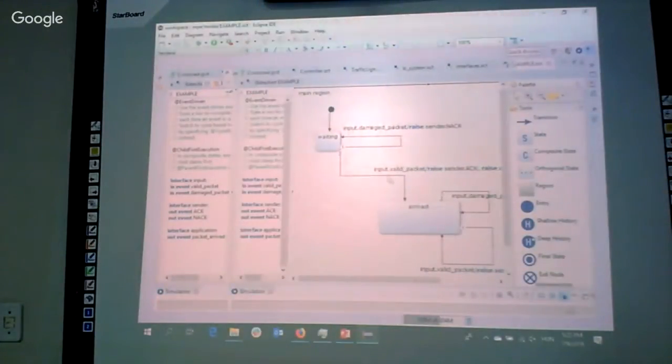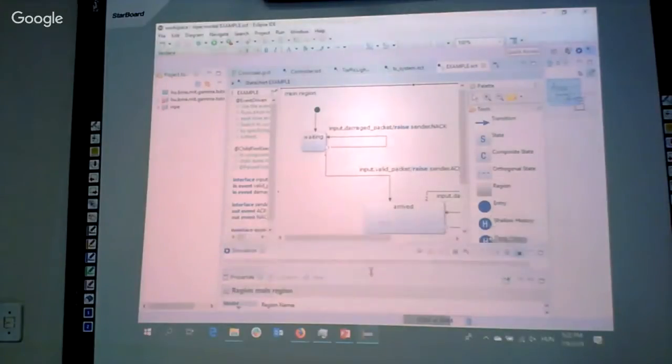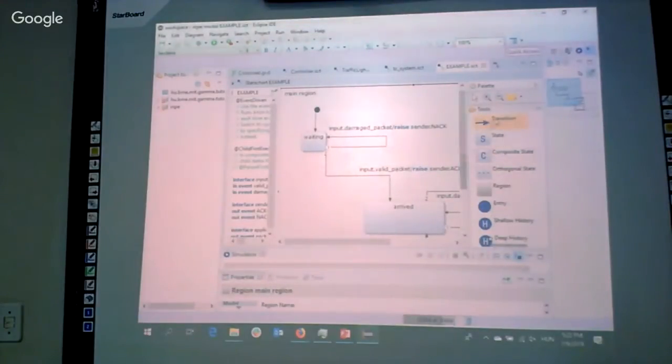You can define your state chart models with the help of it, and actually we will do the assignment in it. So you are able to define state charts in this model where you can define